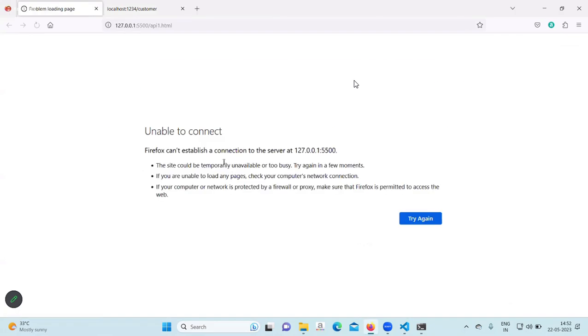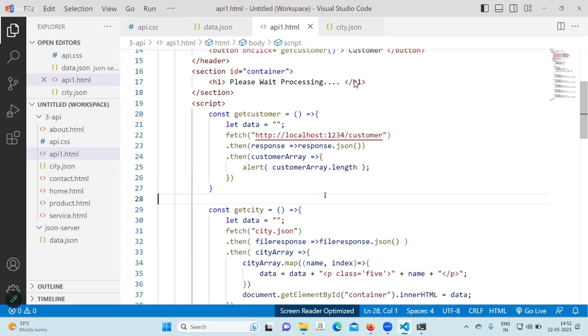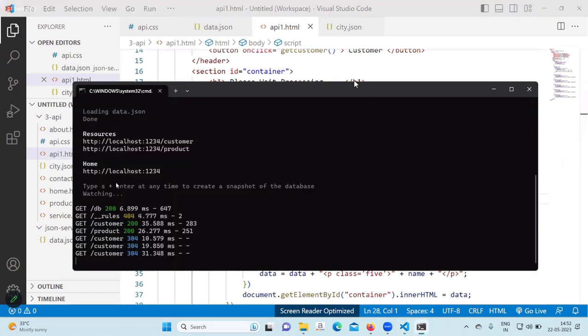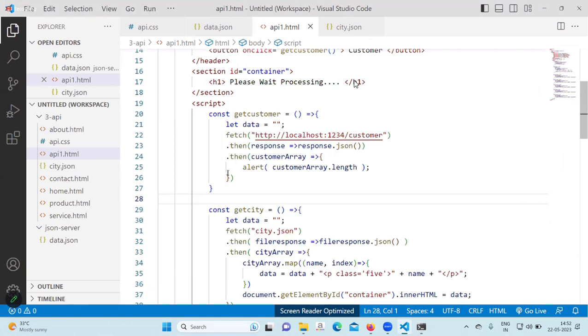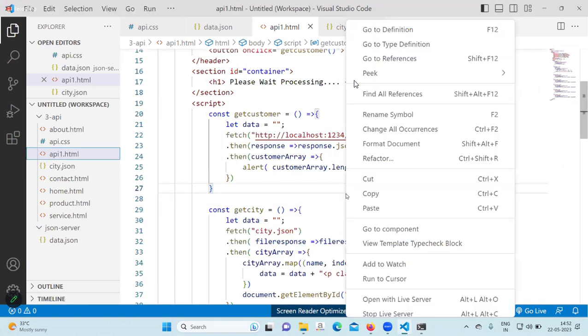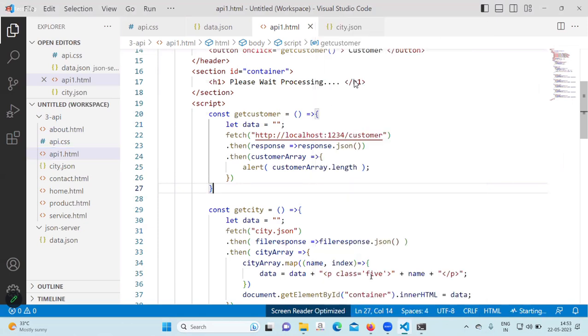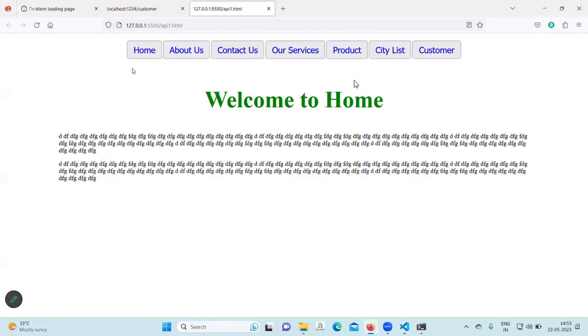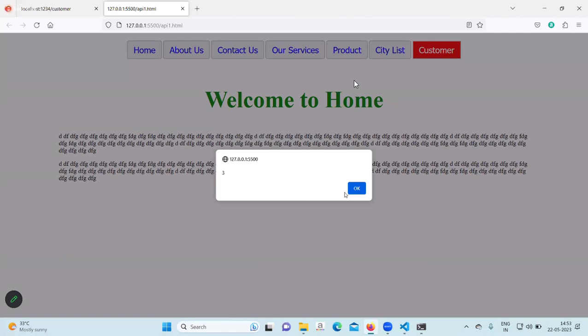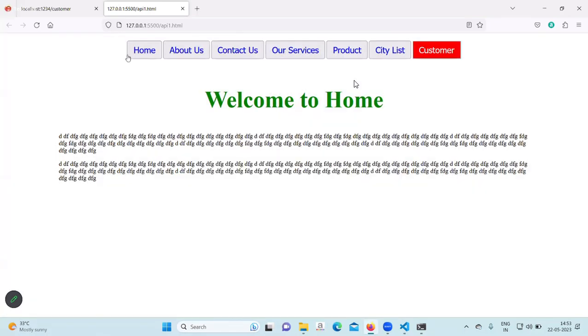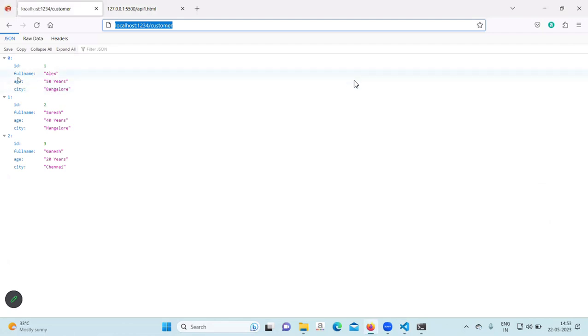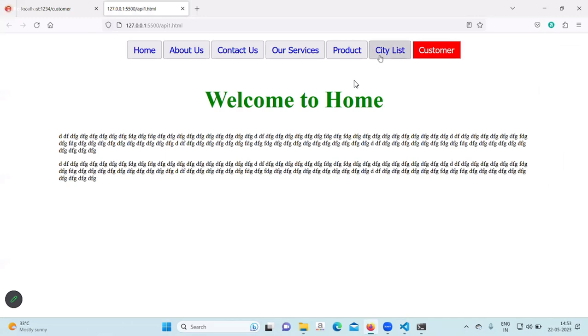okay, so the server will be stopped. You have to restart. Which one? API1.html. JSON server is running, no changes in that. This one, API1.html, we have to rerun. Right click and open with live server again. So customer will come. Length is 3. So in customer, what do we have? Full name, age, and city. Correct? So we can go to the code